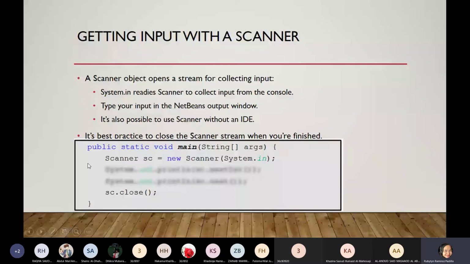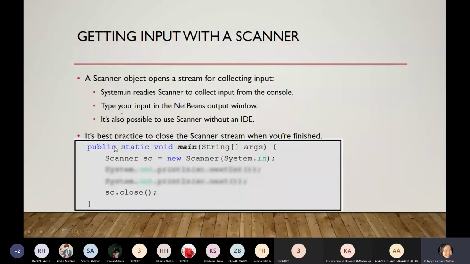Okay, so this is the theory part. I'm going to show this to you later in the practical, how you will declare this. So in the meantime, with this slide, please take note that for you to be able to use the input methods inside the Scanner class, you have to create an object for that Scanner class. This is already in object-oriented form, so just accept it in the meantime.